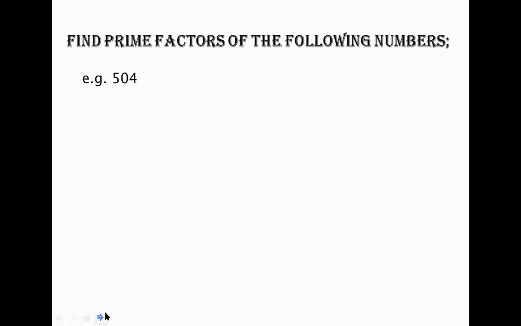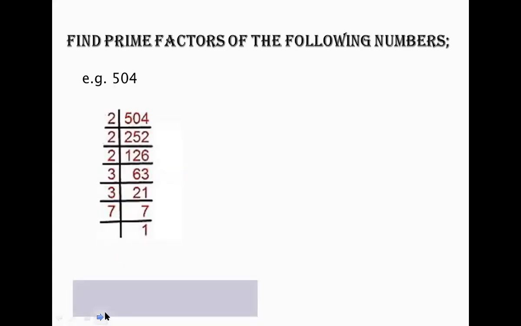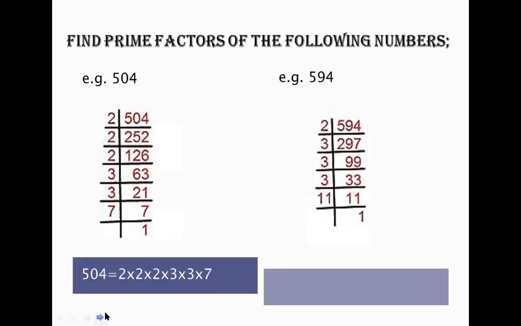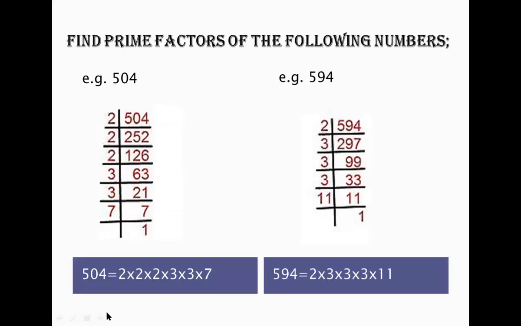So, students, this is your assignment. I will give you what you have to do today. Listen to me. Class, what you have to do today, you have to find out the prime factors of 504 and 594. Write down the numbers in your notebook, 504 and 594. Solve these questions in your notebook, okay? And I will ask you for the answer in the next lecture.